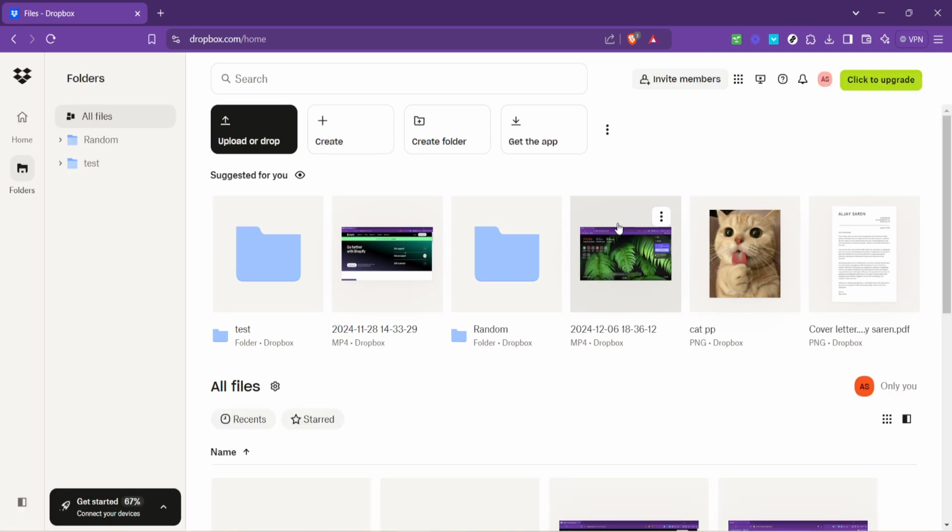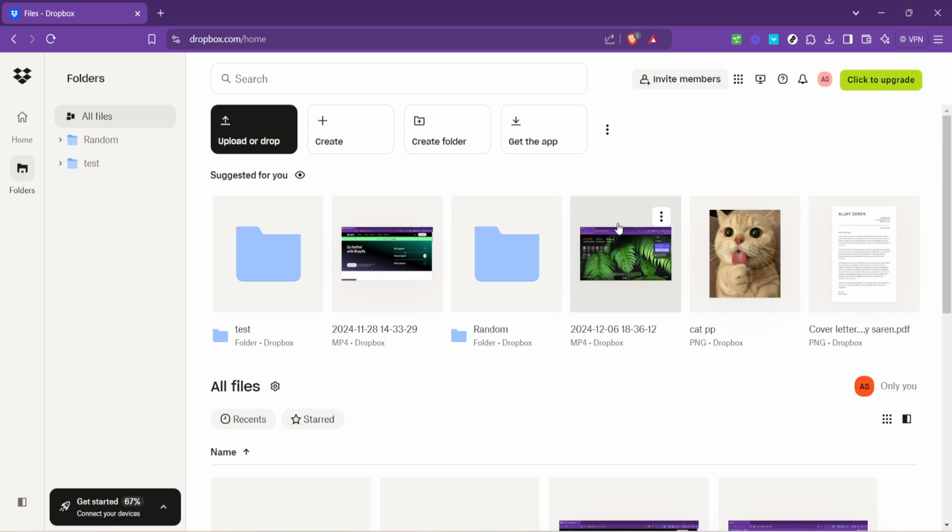collaborating on your files. Before we wrap up, I'd like to share some additional tips to enhance your Dropbox experience further. Once your account is set up, take some time to explore the interface. Familiarize yourself with the layout, the location of your storage space, and how to upload files. It might also be beneficial to download the Dropbox desktop app and mobile app to access your files across all your devices seamlessly. And don't forget to explore the sharing features. After all, Dropbox shines brightest when you're using it to collaborate with others.